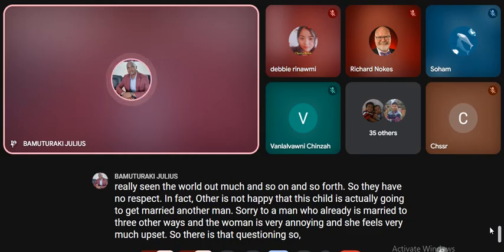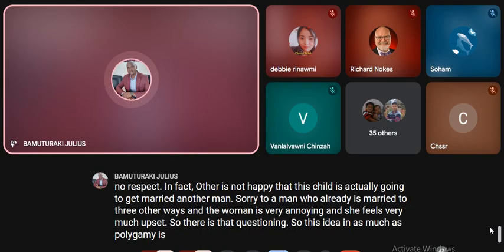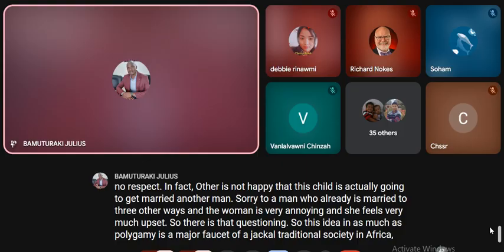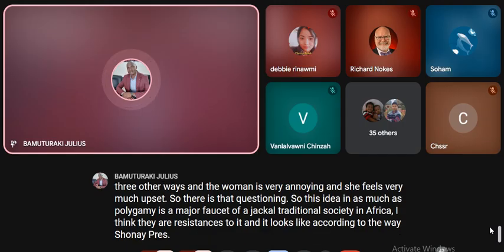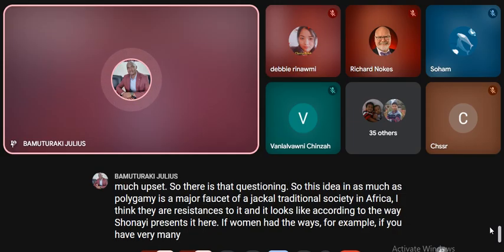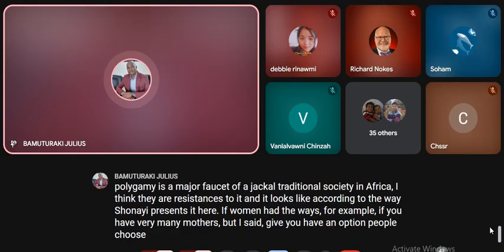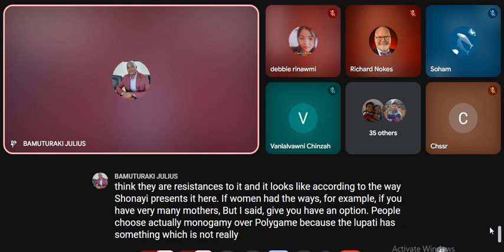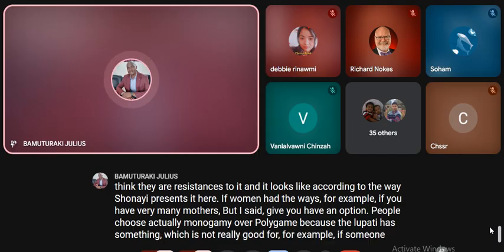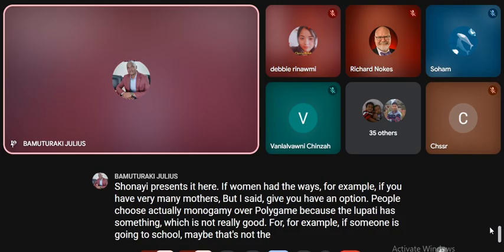So this idea, in as much as polygamy is a major facet of a patriarchal traditional society in Africa, I think there are resistances to it, and it looks like, according to the way Shoneni presents it here, if women had the ways, for example, if you had very many mothers of Babasege, you have an option. People choose actually monogamy over polygamy because they look at it as something which is not really good. For example, if someone has gone to school, maybe that's not the best marriage you should get